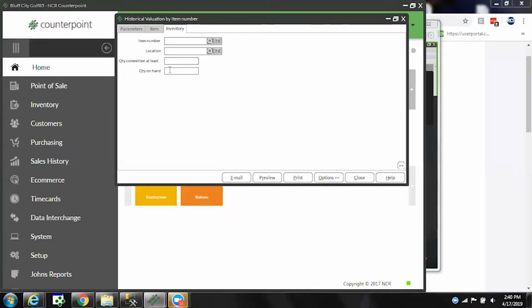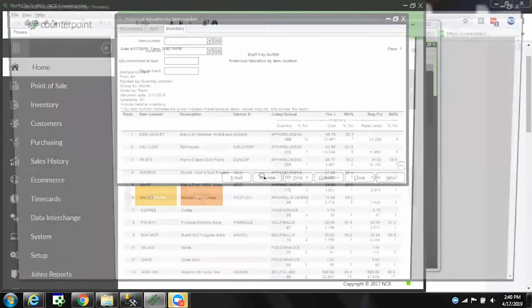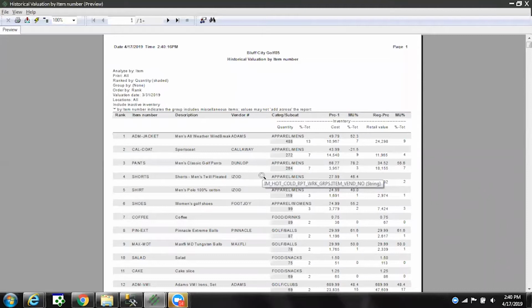And quantity on hand, I probably want to make that quantity on hand not equal to 0, but if I preview this, what the historical valuation report is doing is it's taking today's inventory and reversing all of the sales, receivings, adjustments, transactions, transfers, anything that we've done back to March 31st. And so it's calculating and reversing the cost value and the quantity of the transactions to get a March 31st inventory. I think it's always better to look at true inventory numbers than calculated numbers. So the historical valuation is, I would say, the last resort,